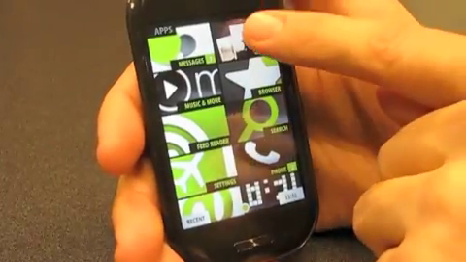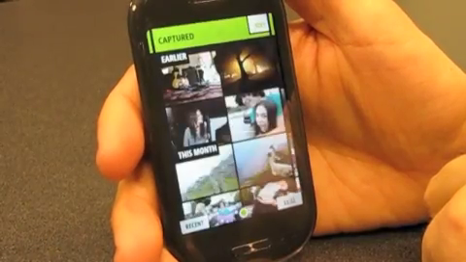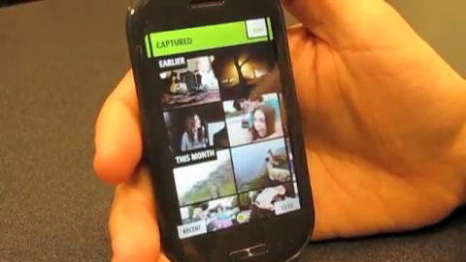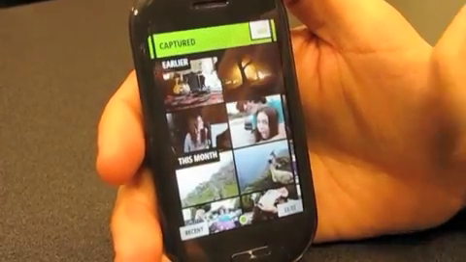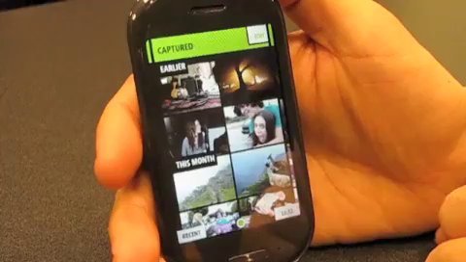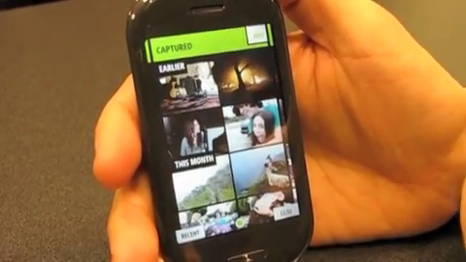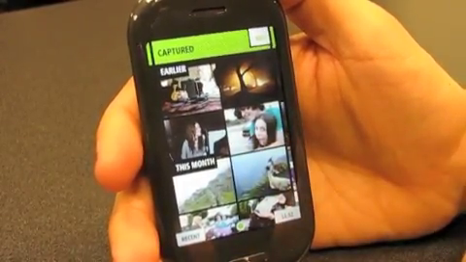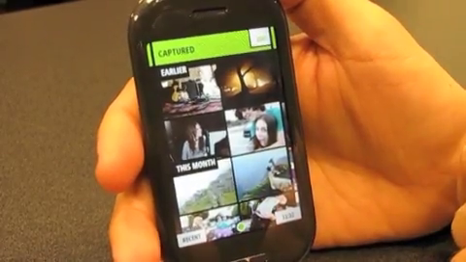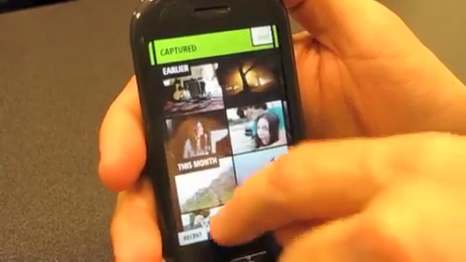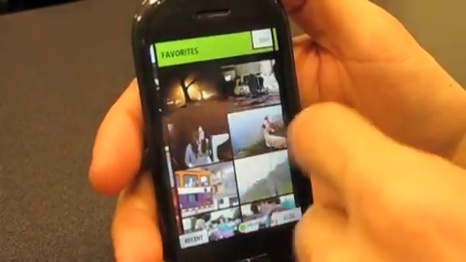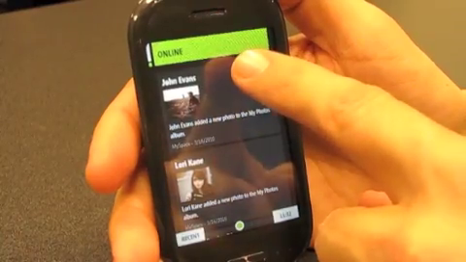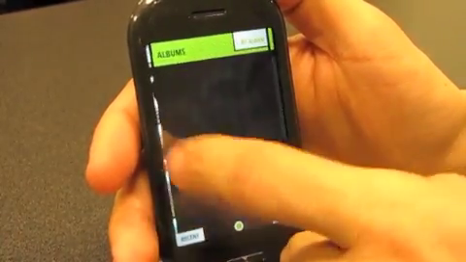So let me show you the Kin camera. The Kin camera is something that we spent a lot of time developing and making sure that whether you're in the middle of the day or the middle of the night, you can take great pictures. The flashes on both of these phones are some of the best on the market. In fact, they're quite a few times brighter than anything else. They're Lumi LED flashes for the tech specs. This phone, the 2, actually has an 8 megapixel camera. The smaller one has a 5 megapixel camera. And so you see some of the pictures that were taken. I can favorite pictures. I can sideload things from my PC or Mac, or I can also see the latest pictures from friends in my